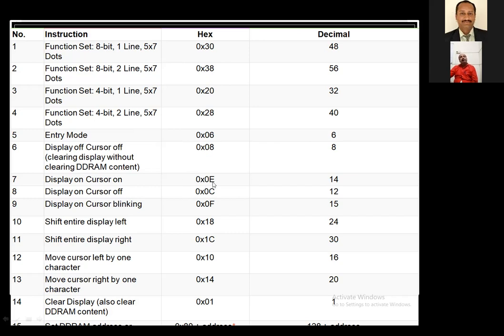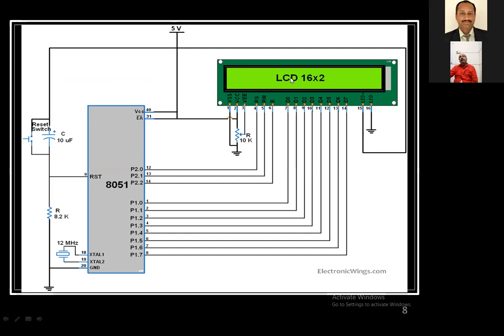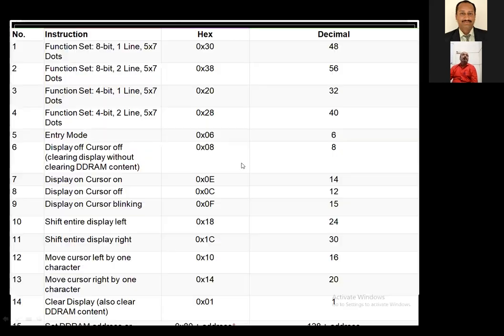If 0 is given, what will happen? Display on, cursor on. Whatever this green area is, that is called the display. And cursor means the cursor is blinking here, or sometimes it is on only, not blinking. There is a difference between on, off, and blinking, which we will understand.